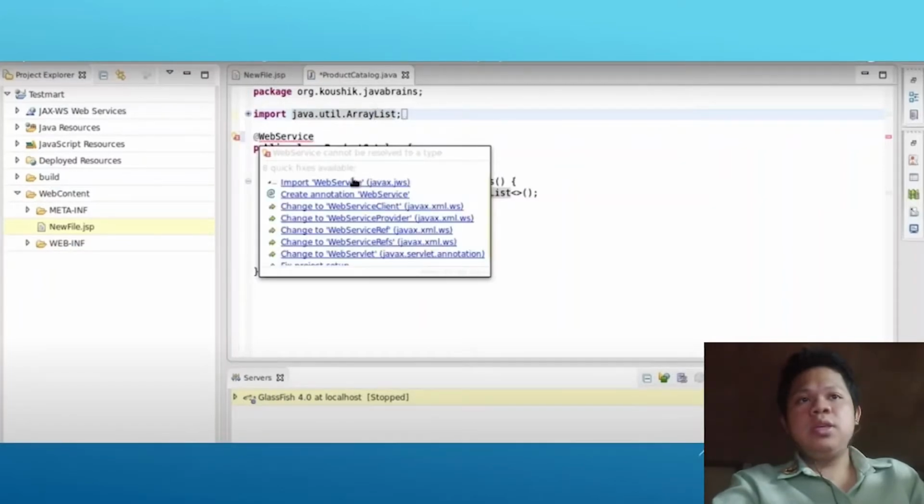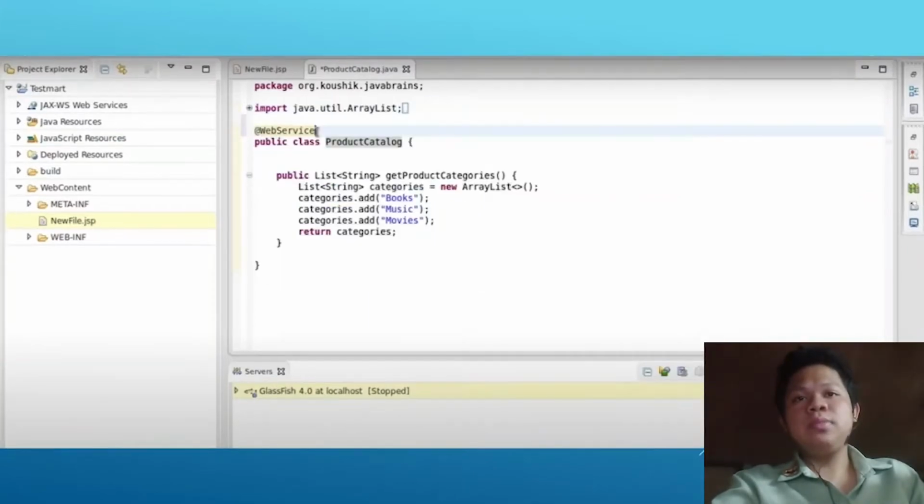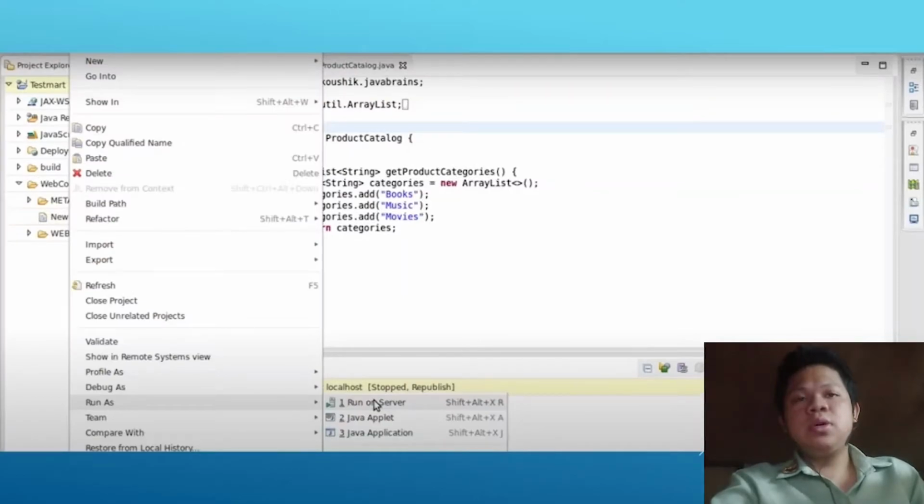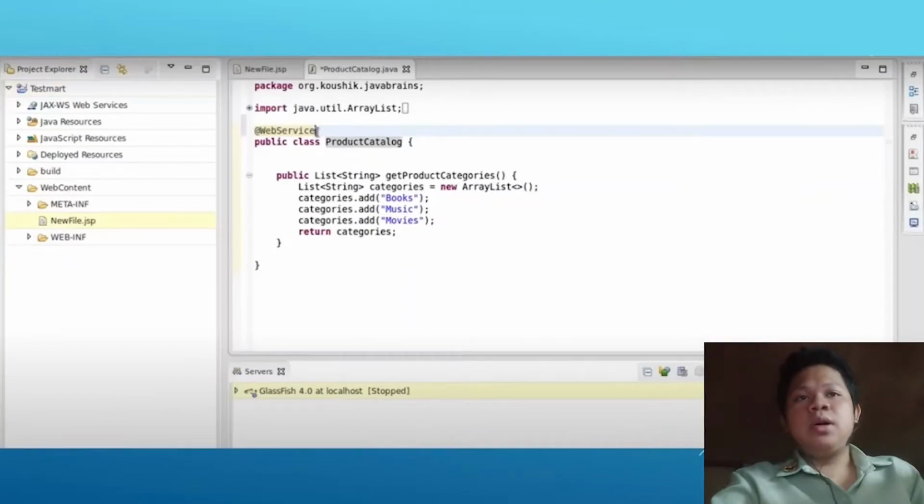To summarize, all we need to do is have a class and annotate it with @WebService.